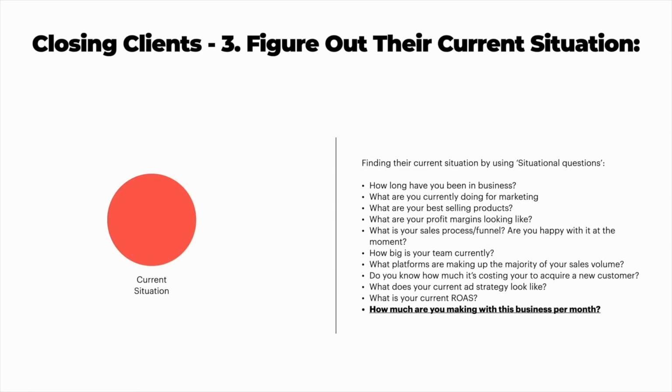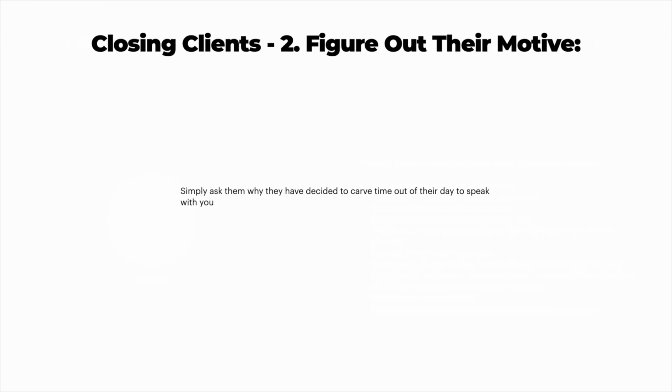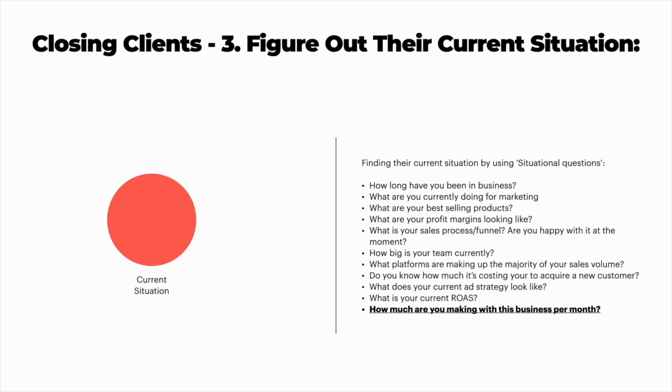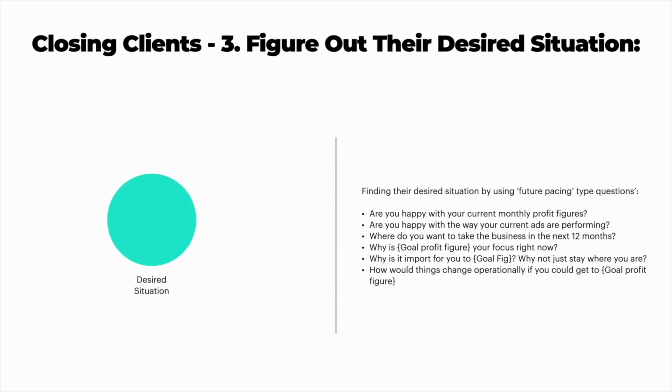a month? Now, I'm going through all these questions fast, right? But I want you to make sure you're speaking extremely slow. Use a lot of pauses for dramatic effect. Silence in sales means you're comfortable, and the more slowly you speak, the more comfortable you are. The faster you speak, the less comfortable you sound, and the more rushed you sound, the less you're going to close. The slower you speak, the more you are going to close. So make sure you speak slow. Whenever you ask a question, completely shut up, let them answer. I just wanted to put that out there.